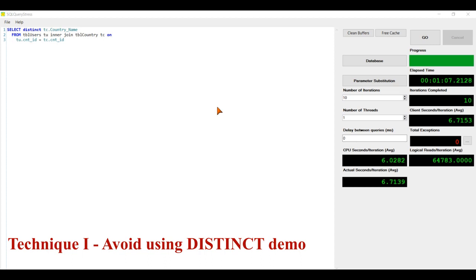Because of all this, the same query is being called multiple times. So to consider the example, I have written 10 iterations.